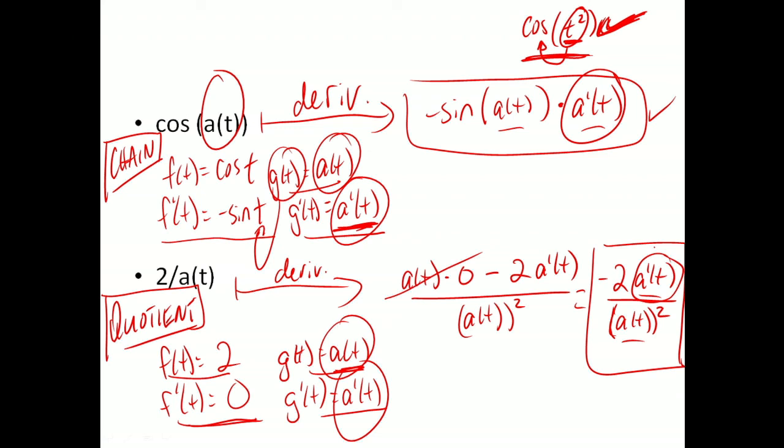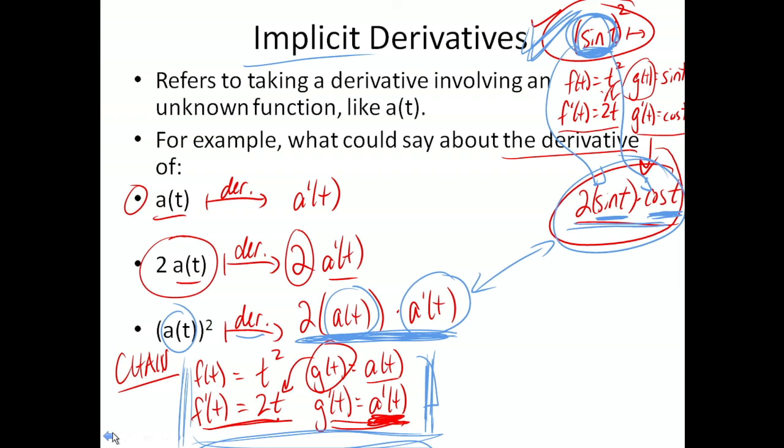You're basically using the chart, but you're leaving bits from the chart in your answers, you know what I mean? You're not just getting all t's at the end. You're leaving these unknown functions in there. That's actually going to turn out to be a very good thing for us. So, all right, but the purpose of these problems was just to hopefully get you familiar with and competent in doing these implicit derivatives,